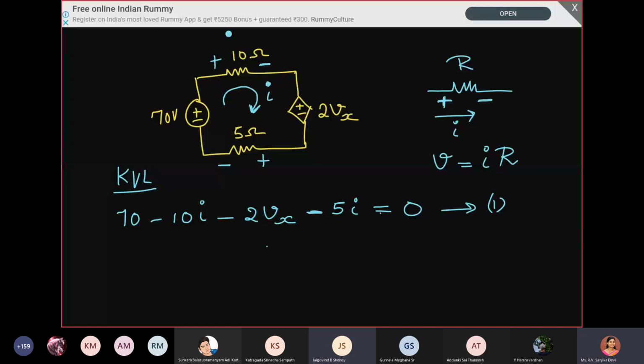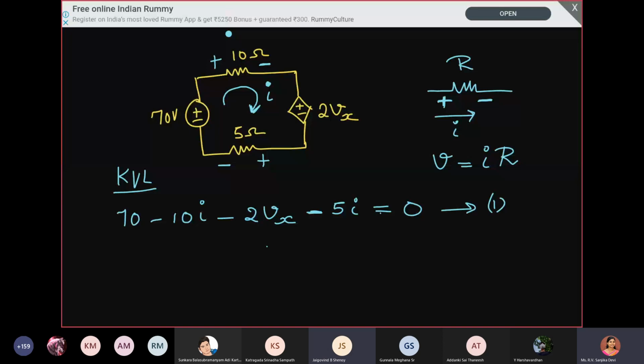See, if you are going with the opposite polarity of the element from where you are entering, you will just get the negative of this equation. But since the right hand side is 0, it will not make any impact, right? Ma'am, so the minus 5i will remain the same. It will not remain the same, no. Your question is, you are going in the opposite direction, or what is the question?